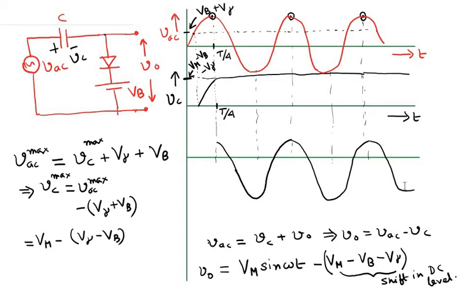Okay, so this is basically my output voltage waveform, V0. So let me write it here. This is the V0 axis, and this voltage over here, or this offset over here. So let me draw with a different color. This offset over here, or let us say the maximum voltage, is basically Vb plus V gamma. Okay, earlier it was just V gamma, now it is Vb plus V gamma.